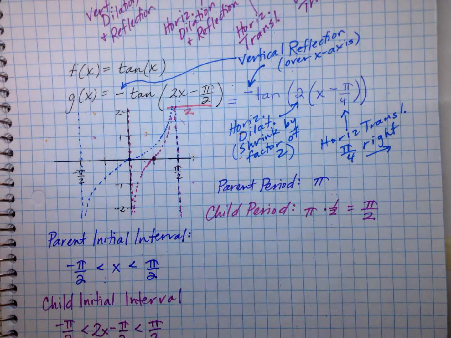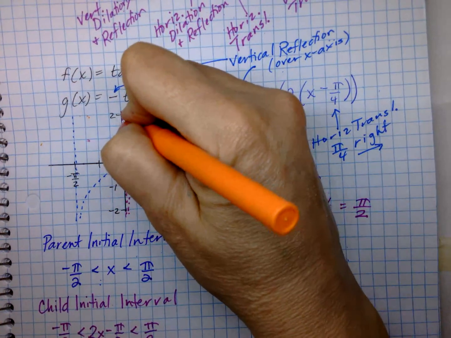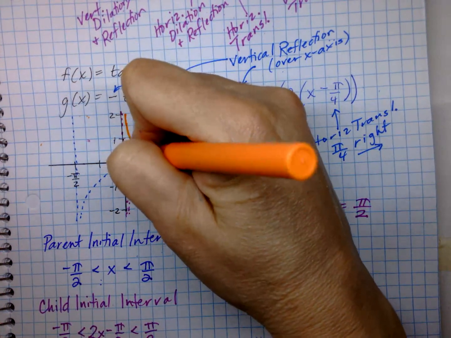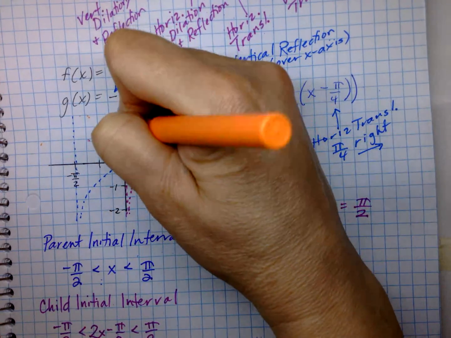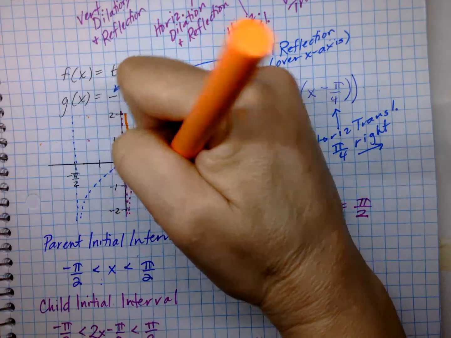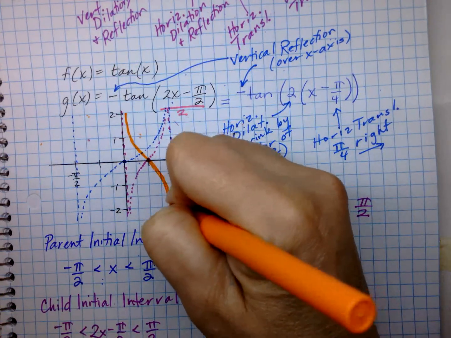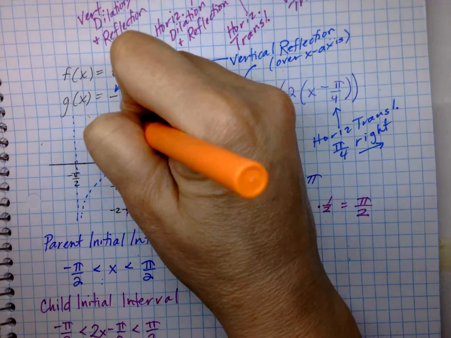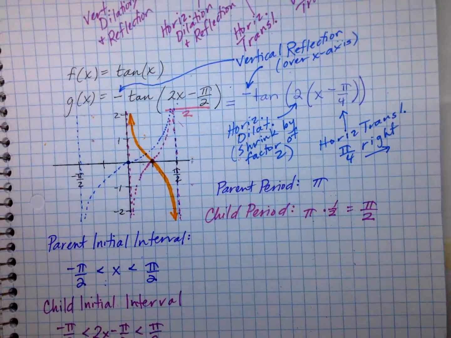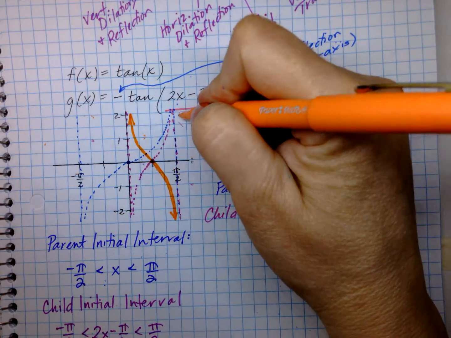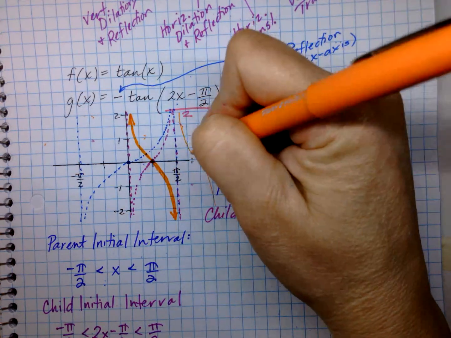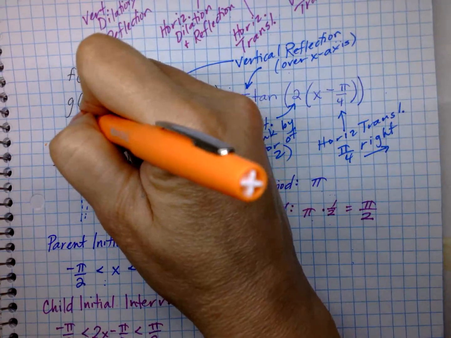So after that reflection occurs, we'll go orange again, just like last time. There we go. That is a pretty decent transformed tangent graph. And of course, there's not just that one branch of it. You know that tangent occurs over and over again. It's periodic, just like all the other